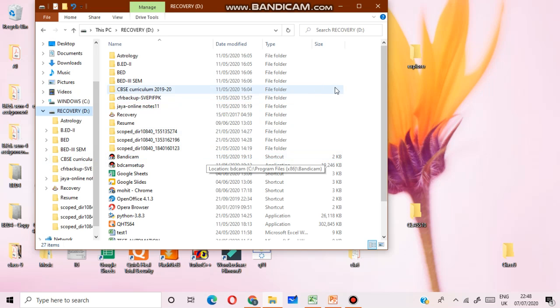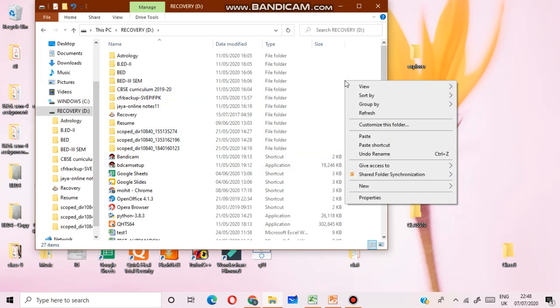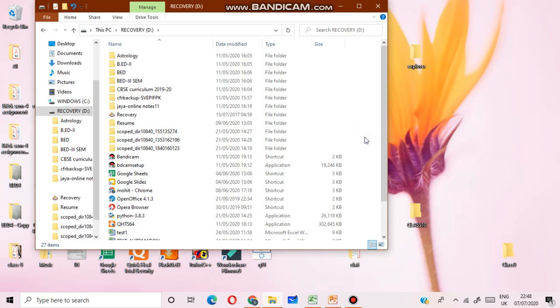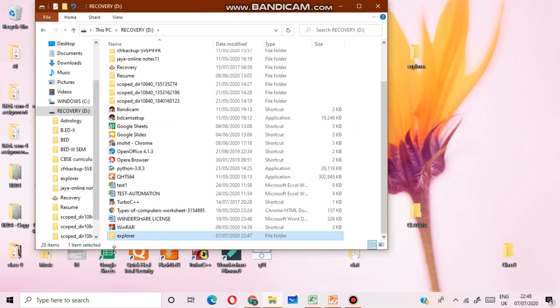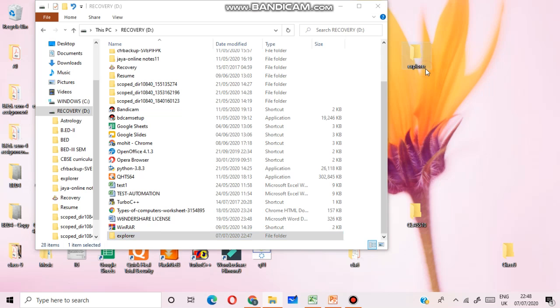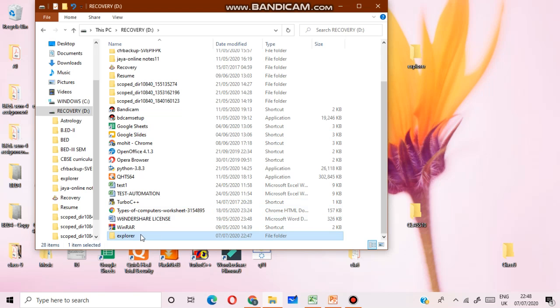You can save it here. Here you can see that the folder we have created is saved in D drive.